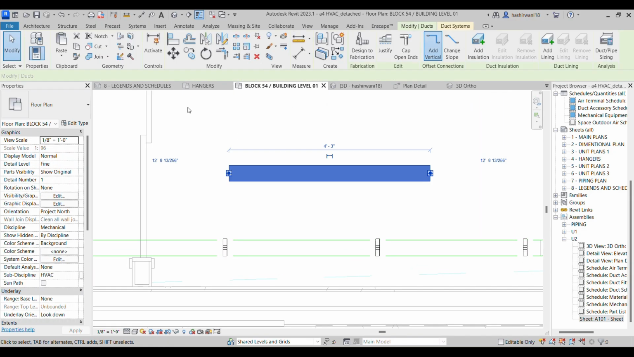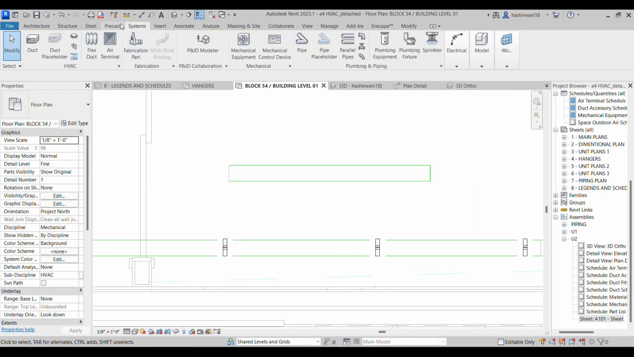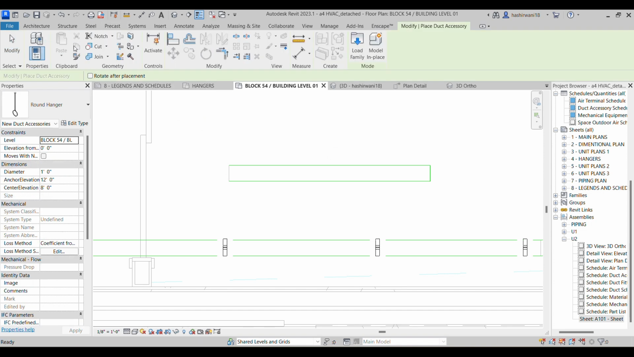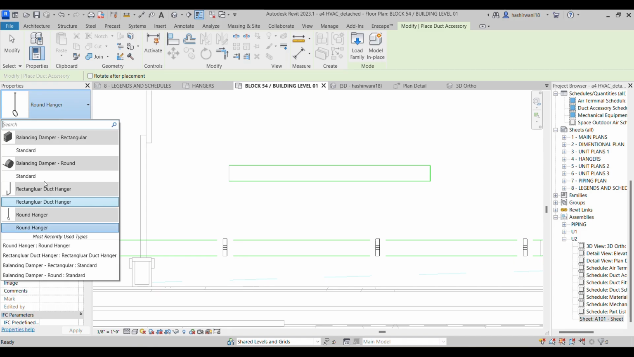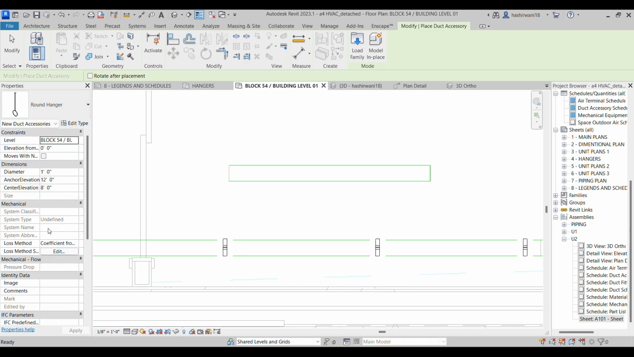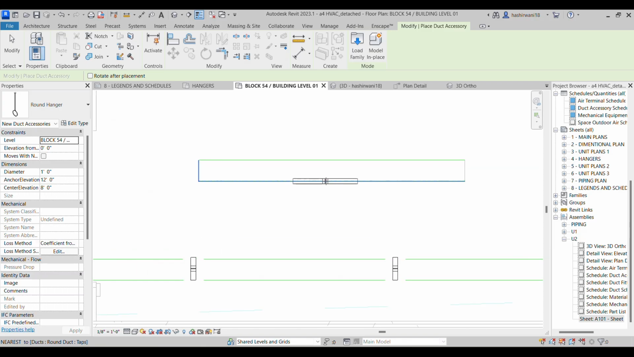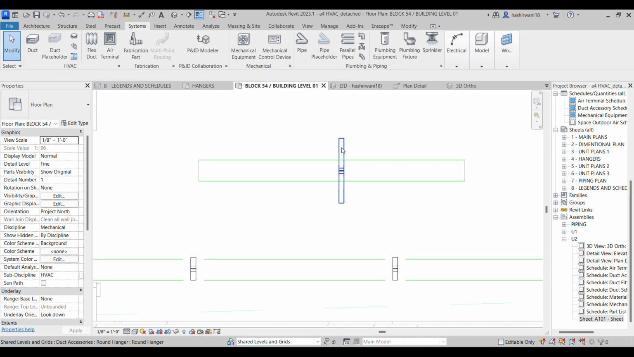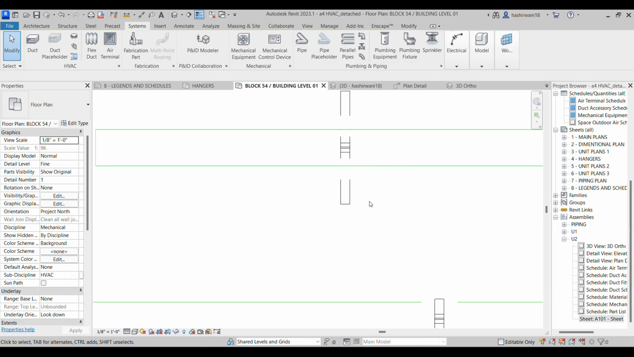I'll simply go here to my duct accessories. If I go to the Systems tab, can you see duct accessories here? I have my hangers here. If this family is not available in your duct accessories, you may have to download the family. And then I'll select this round hanger. Can you see I'm able to change the orientation by pressing the space? I'll click on it, and then I'll press escape. I select this particular hanger, and then